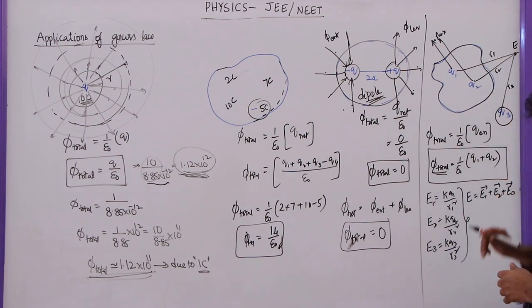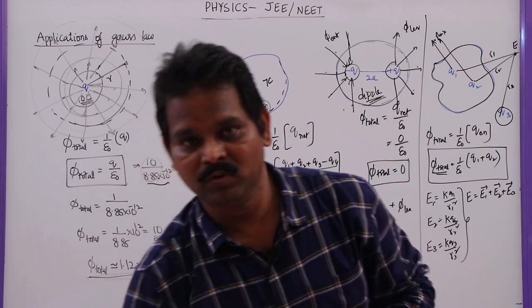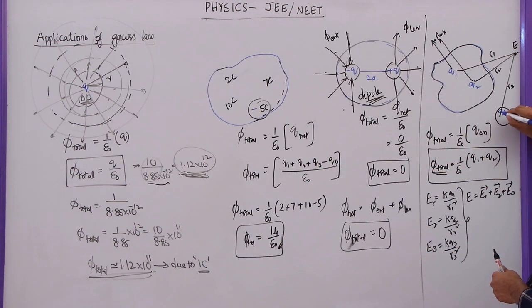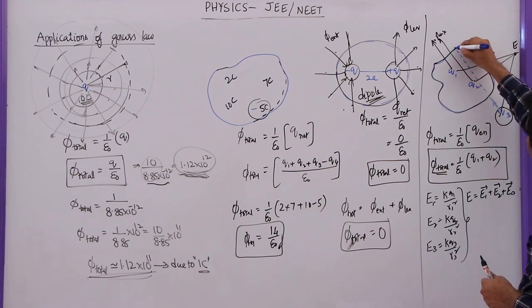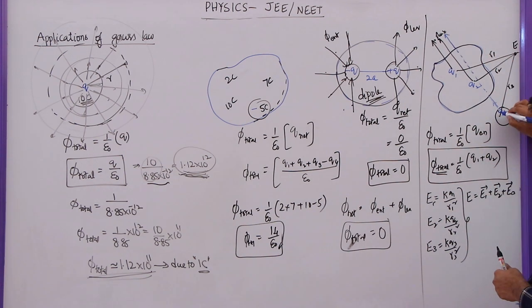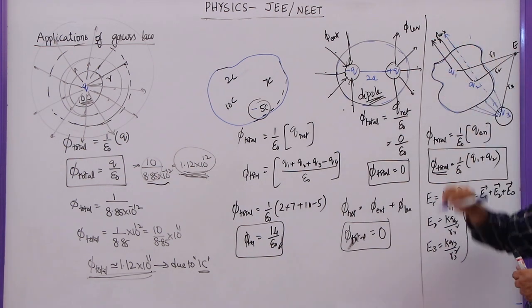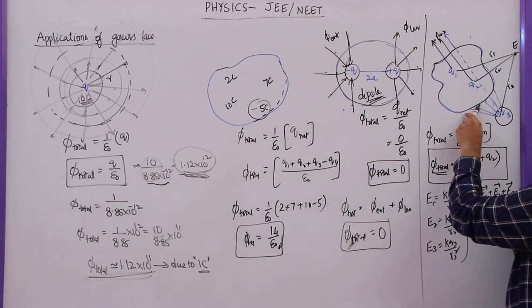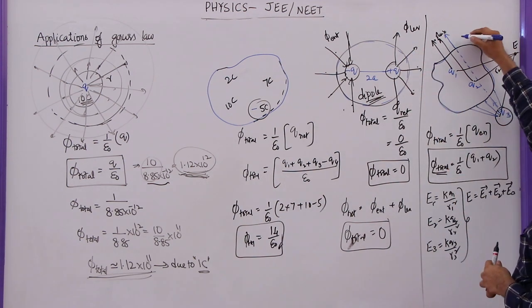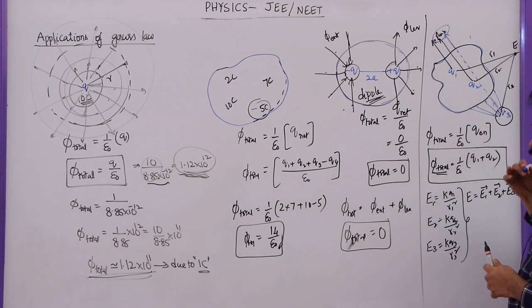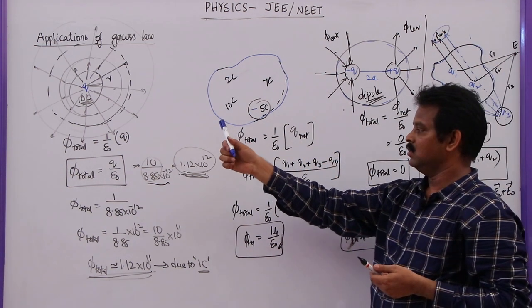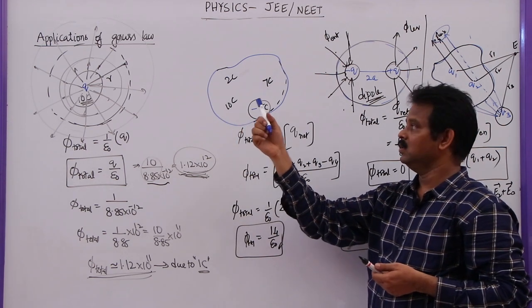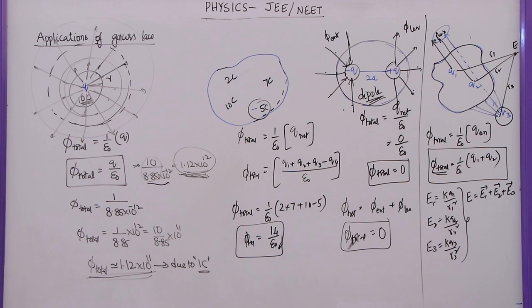But what is happening here, if you observe it clearly, the lines which start from Q3 are entering the closed Gaussian surface here, and after entering, they are leaving this surface. Let us say this charge is producing some lines in this direction, and if 5 lines are entering here and 5 lines have to leave, that means entering flux is negative, leaving flux is positive. So net flux at this point due to this charge is always 0. That we already discussed here. The flux leaving is always positive, the flux entering is always negative.